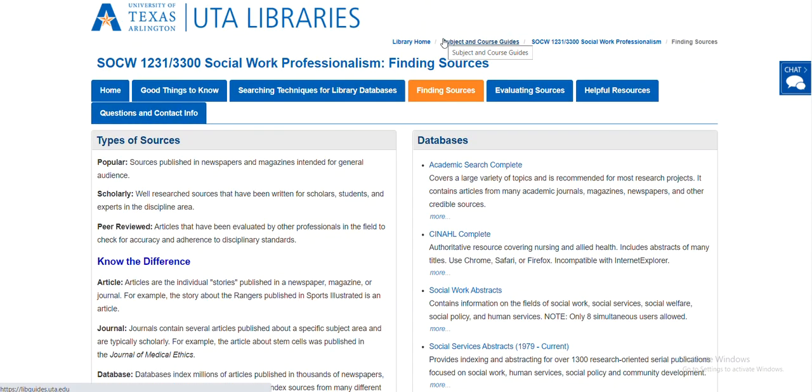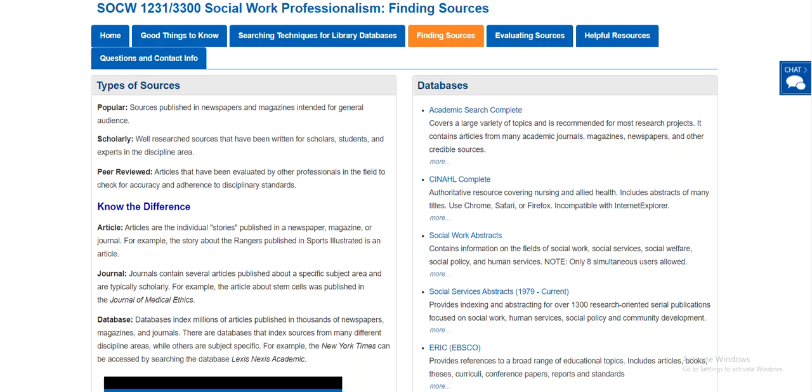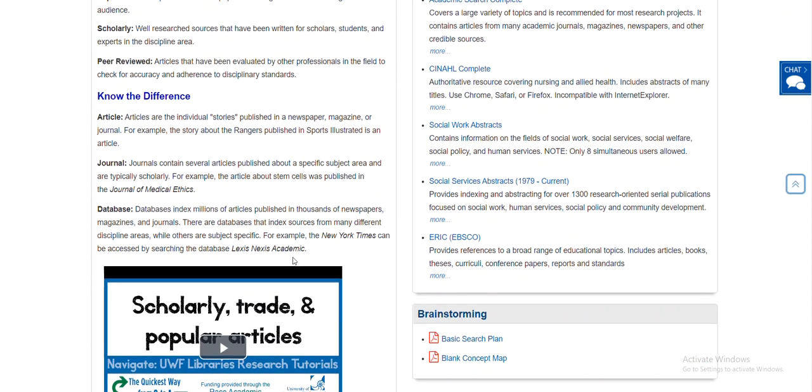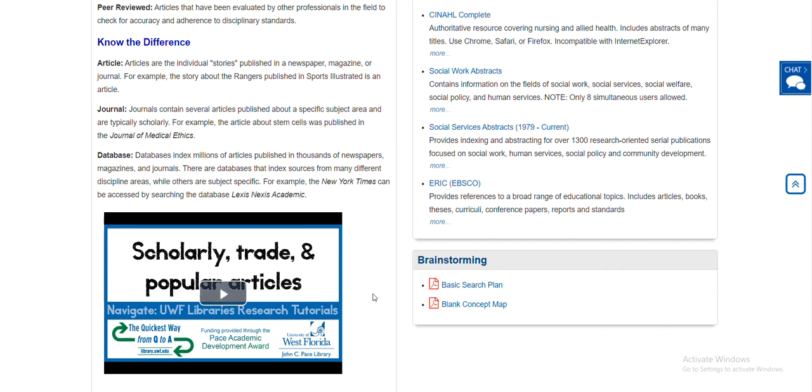So we are going to do a demo, but before I jump into the databases and do that, I want to make you aware that on the left side I have types of resources. So if you're still confused about the difference between popular, scholarly, and peer-reviewed articles, I have that listed here. And if you're also confused about what an article is compared to a journal, compared to a database, I have that written out here. And it's okay as a beginning researcher to not know these types of things, and that's why you're here, to learn. I also have a little tutorial video about that as well, and I encourage you to watch that,